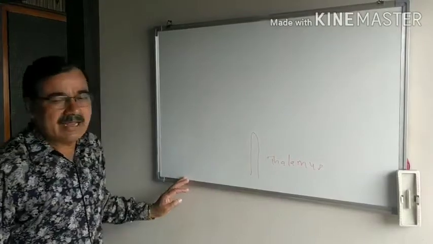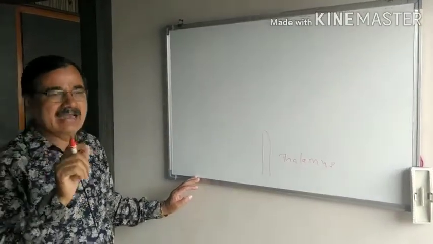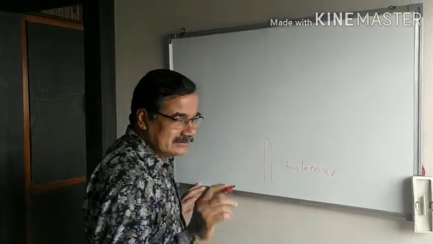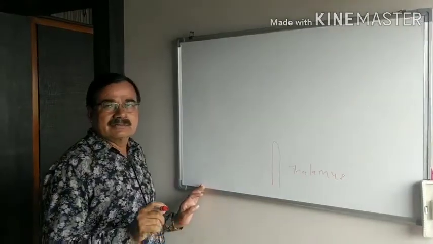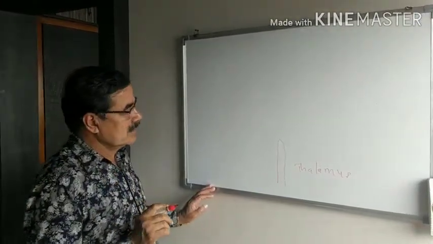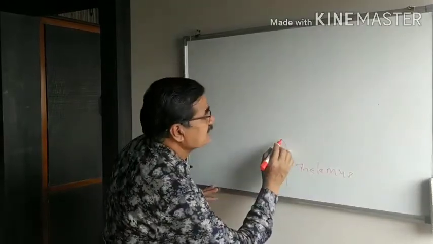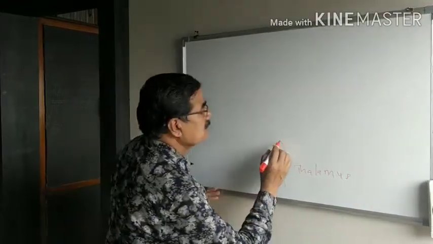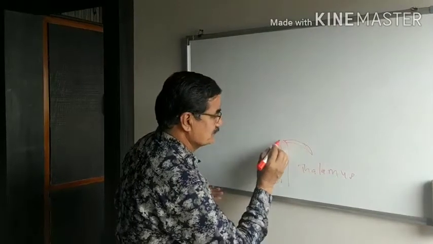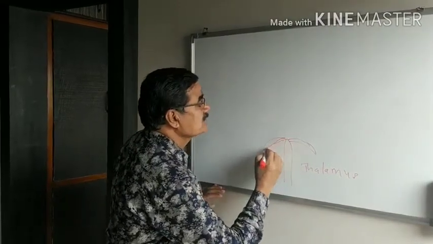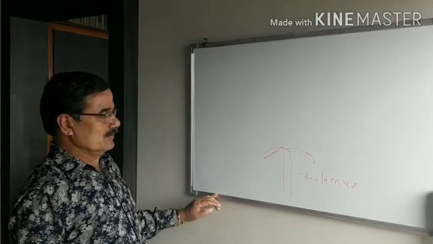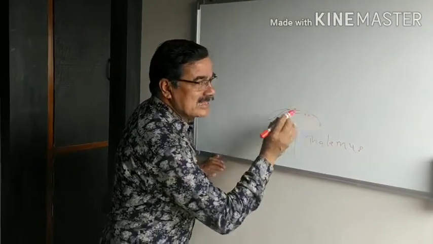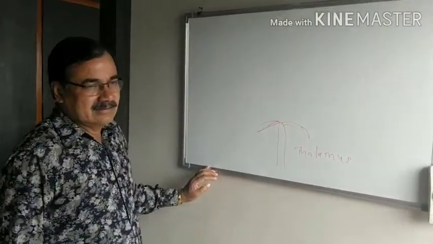These parts may be accessory whorls and essential whorls. The accessory whorls are meant only for protection. Here, the calyx is situated as the outermost whorl. That is the first whorl. Calyx is always green in color, outermost whorl, spirally arranged. Then the individual member of the calyx is known as the sepals.